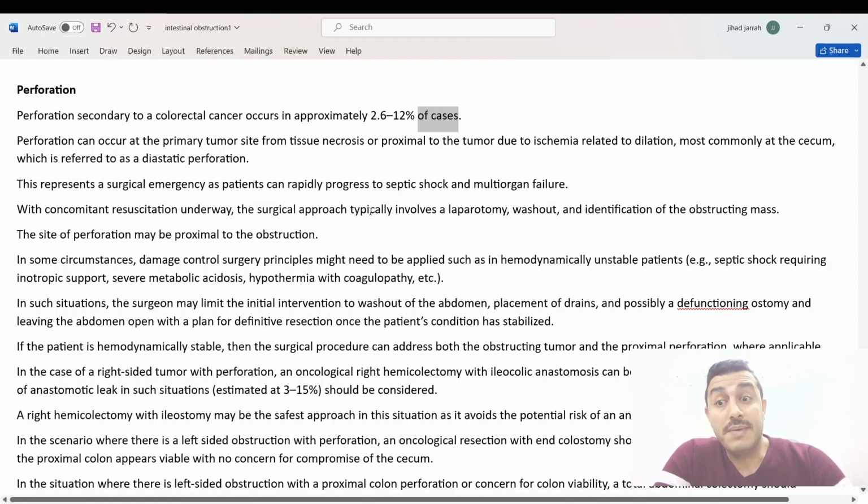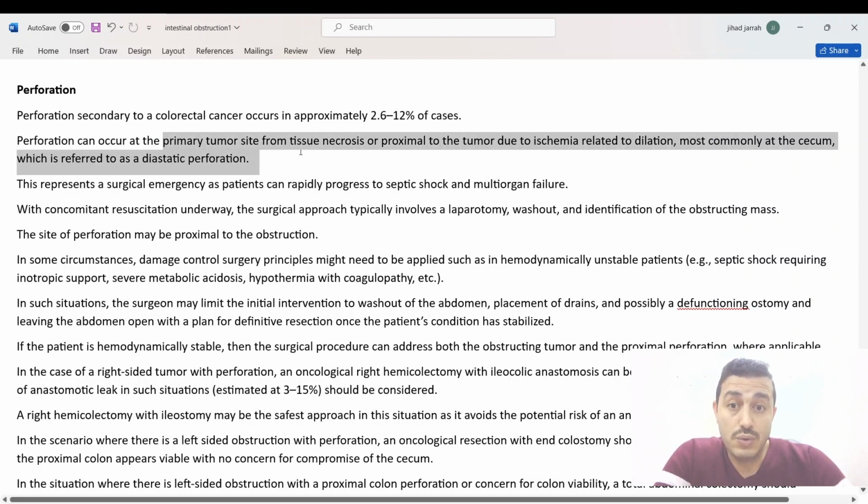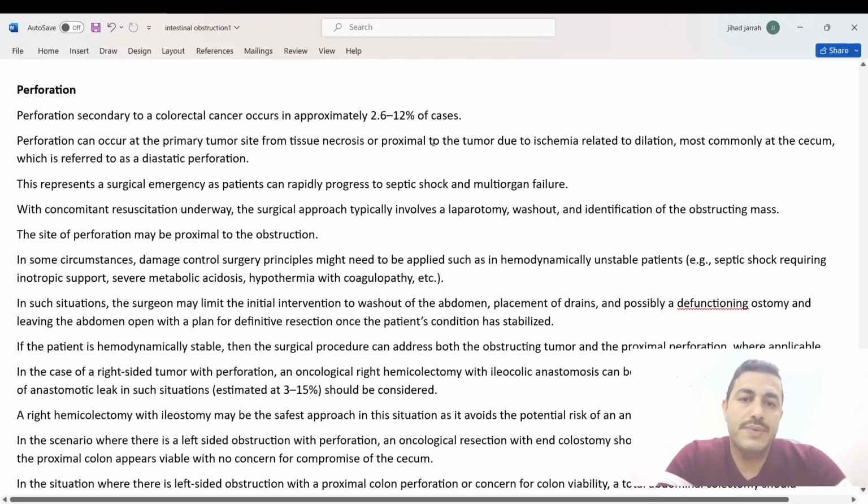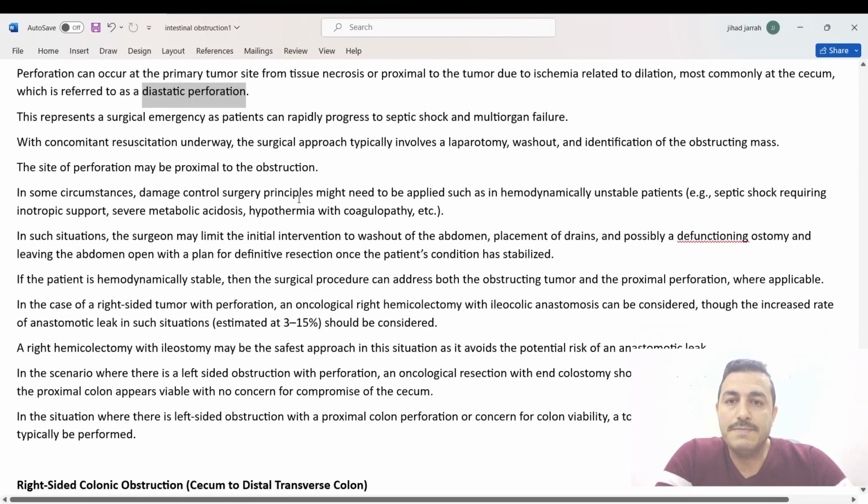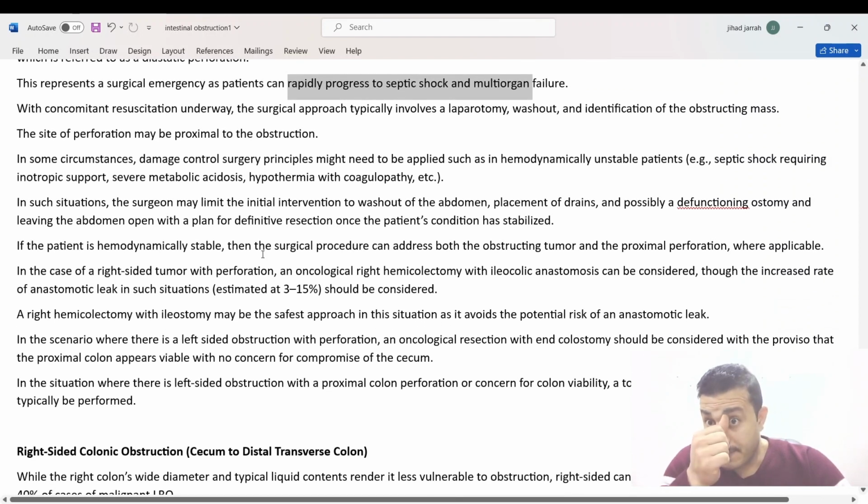Perforation can happen either at the primary site of the tumor or proximal to the tumor due to ischemia and dilatation, and we discussed that the cecum is the most common site. When perforation in the cecum happens, it is called diastatic perforation. These patients who present with perforation rapidly progress to septic shock and multi-organ failure. We said we have two points for perforation, either the tumor point or proximal to the